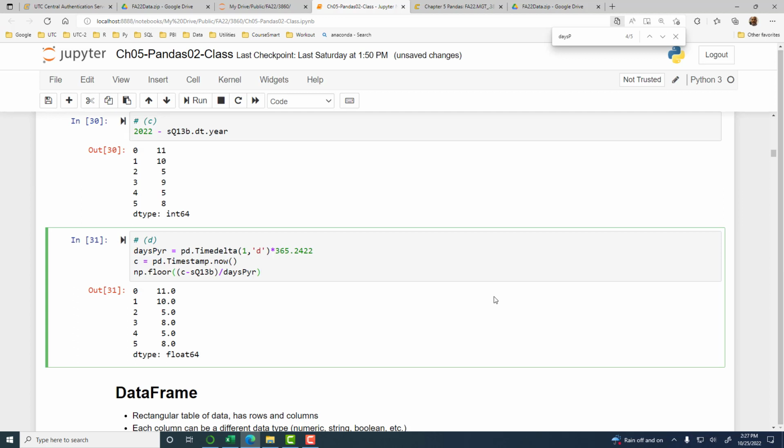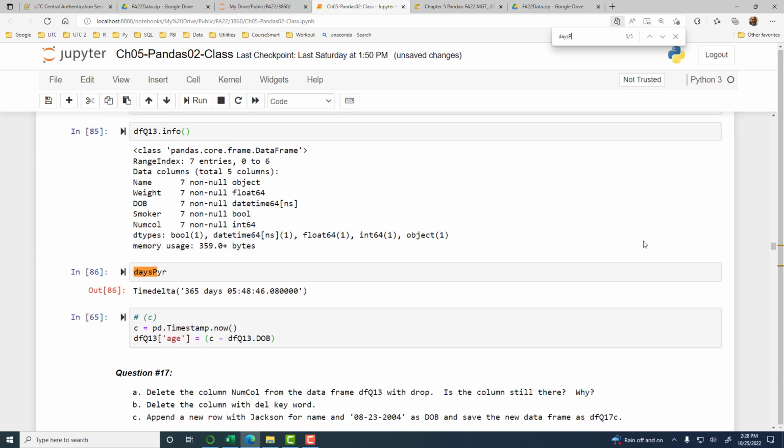So days per year, we do this as a timedelta. Timedelta 1 day and multiply by the number of days per year. And again, this is an approximation. You can Google to see what the most accurate value is. This represents 1 year in days, in a time range. So that's what we have to use here. So you divide by